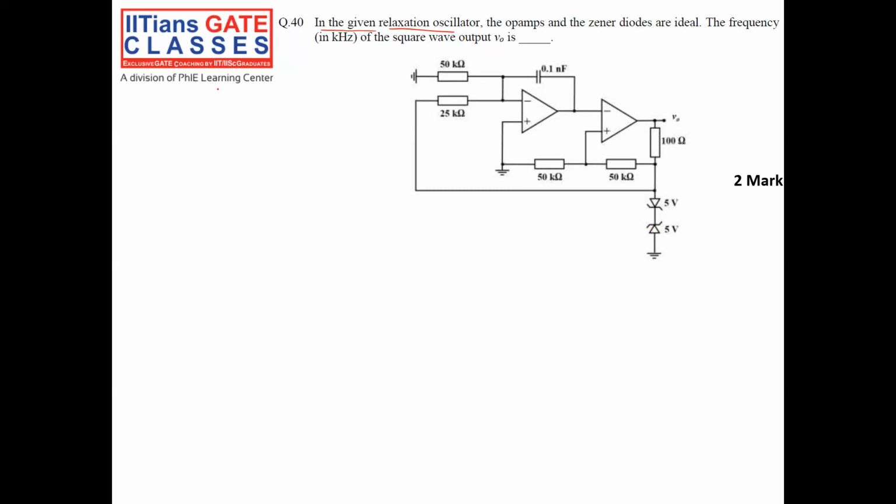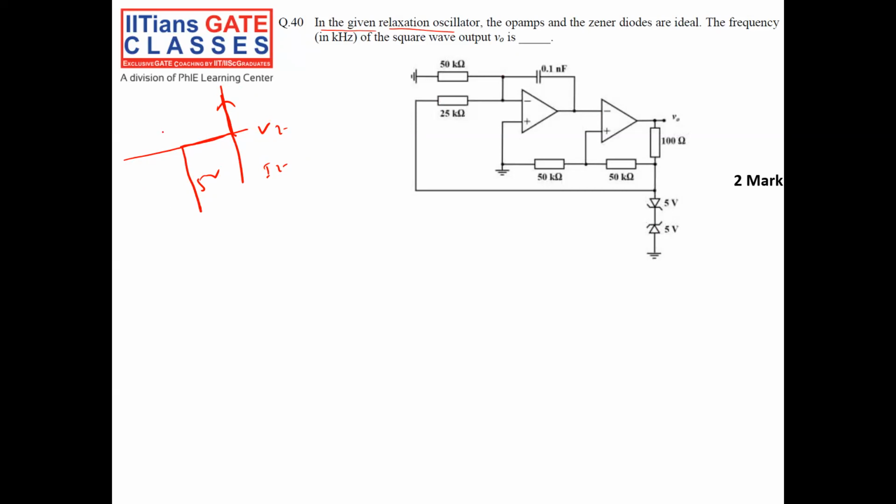Okay, what is an ideal zener diode? So when I go on applying the reverse bias, this is Vz, this is Iz. Okay, the current will be 0. Just when my Vz crosses 5 volt, it will regulate at 5 volt. This is my ideal diode. Okay, and since it is an ideal diode, when I apply forward bias, the drop is 0. It passes any current. Okay, this is the characteristic of my ideal diode.